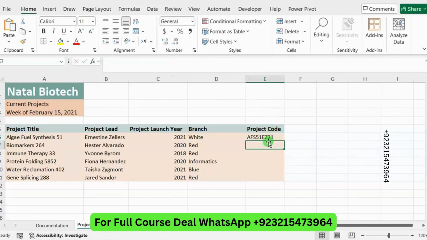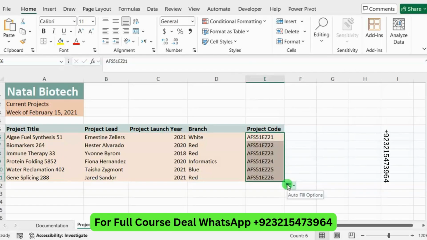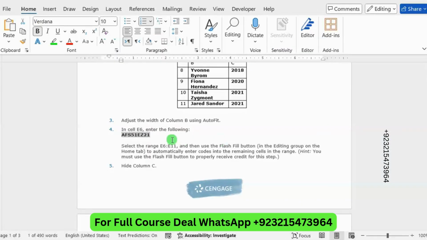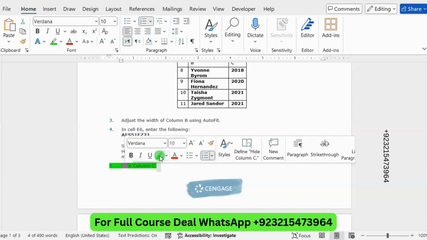Press enter, select E6 again and double click on this black plus sign, go to the AutoFill option, select this and select Flash Fill like this. So we have completed our 4th step here.